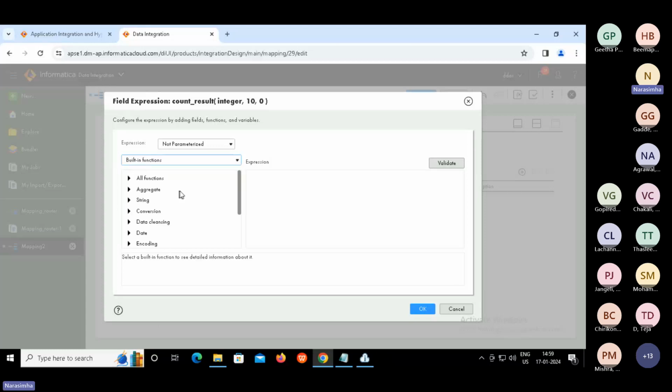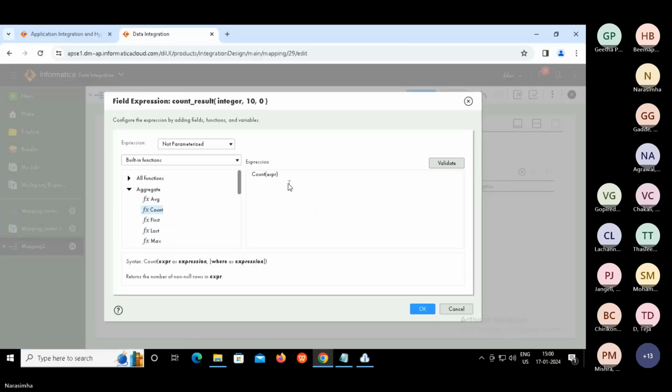Built-in functions selected, right? Now can you see there are many categories of functions. Out of them, we are focusing on aggregation. There's an aggregate category. Expand this so that we can see all the functions supported by the aggregator. Click on plus. Now count takes what? Expression.